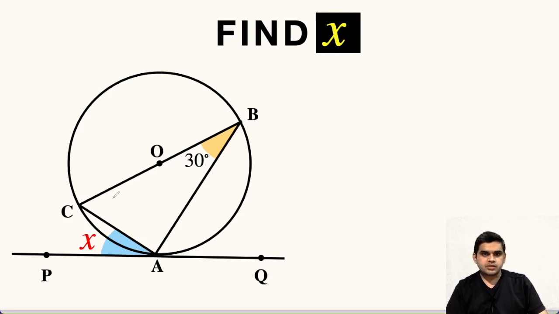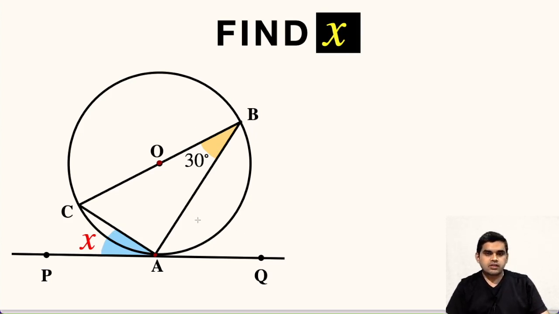So in the figure shown, we have a circle with center at point O. BC is the diameter of the circle. PQ is tangent to this circle at point A. Angle CBA is given as 30 degrees, and we have to find the value of angle PAC, that is angle